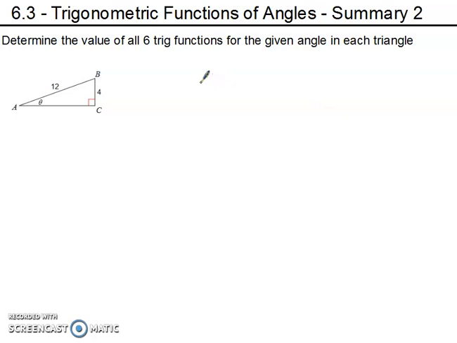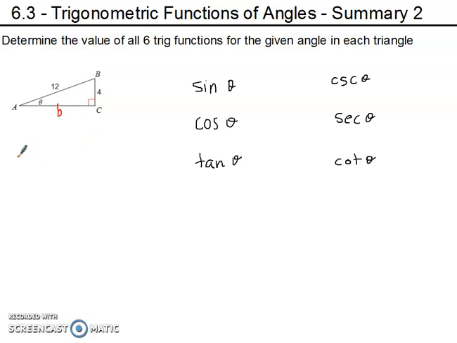So our 6 trig functions are sine, cosine, tangent, and then our reciprocals. Reciprocal of sine is cosecant, reciprocal of cosine is secant, and tangent is cotangent. So in order to find our ratios for our angle theta, we need to make sure we have all 3 sides of our triangle. So I'll start by using our Pythagorean Theorem to go ahead and find this side, which